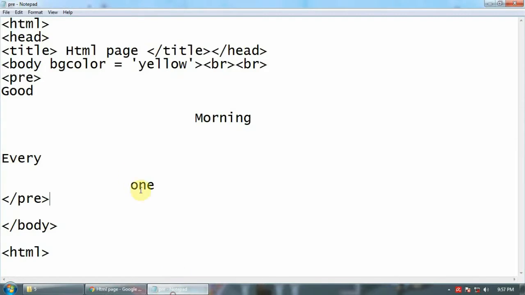Now if you refresh this page, see the way I have written here in this notepad, with all these spaces, in the same way it appears here. So this is the first tag. I think it is not given in the book which you are using, and this is also important. Using a pre-formatted tag, you can display like this.